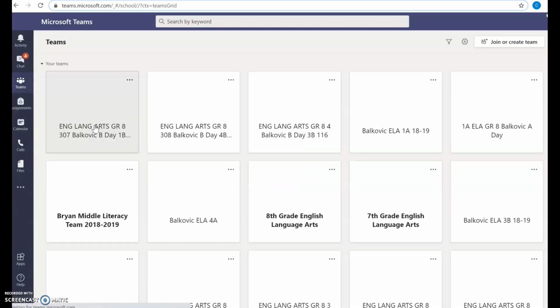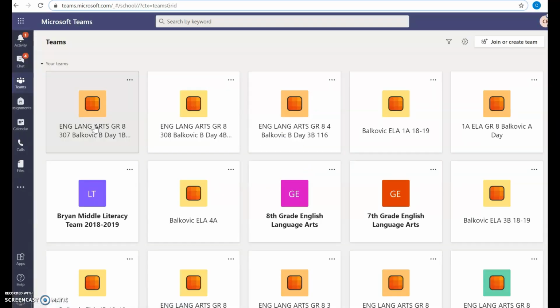So I talked about ease of use and why OPS encourages us to use Microsoft Teams. If we think of particularly our secondary students who may have 7 to 8 different teachers and classes, if we are all using our own virtual learning environment platform, that's a lot of different websites to keep track of and to be able to remember how to access our classroom. By all of us using Microsoft Teams, it familiarizes our students,